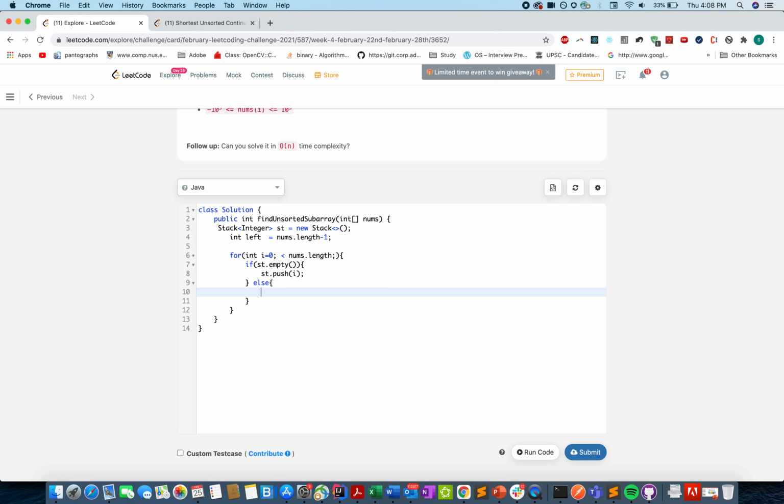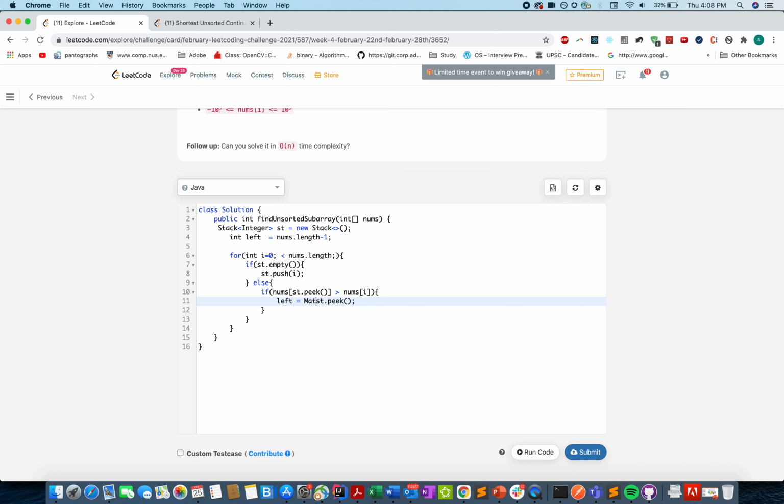Otherwise, if the value at my peek element happens to be greater than or equal to nums, the current element, that means unsortedness has happened, and we have to remove the peek element, the topmost element, and replace left with it.